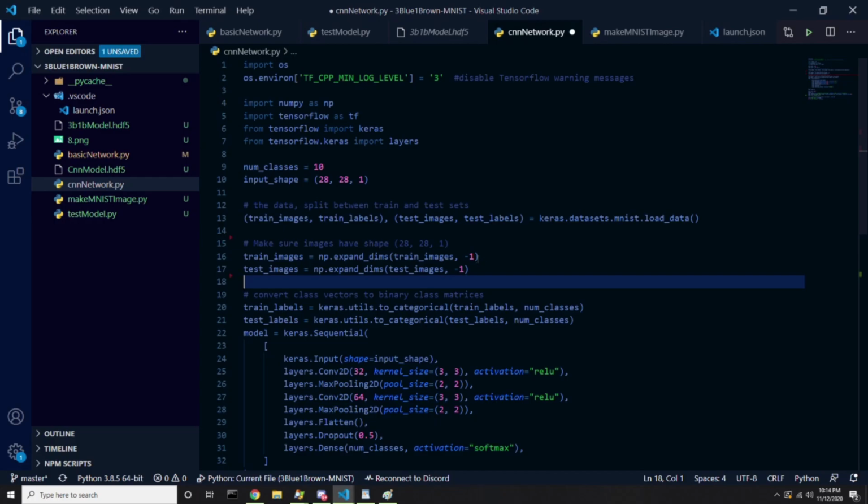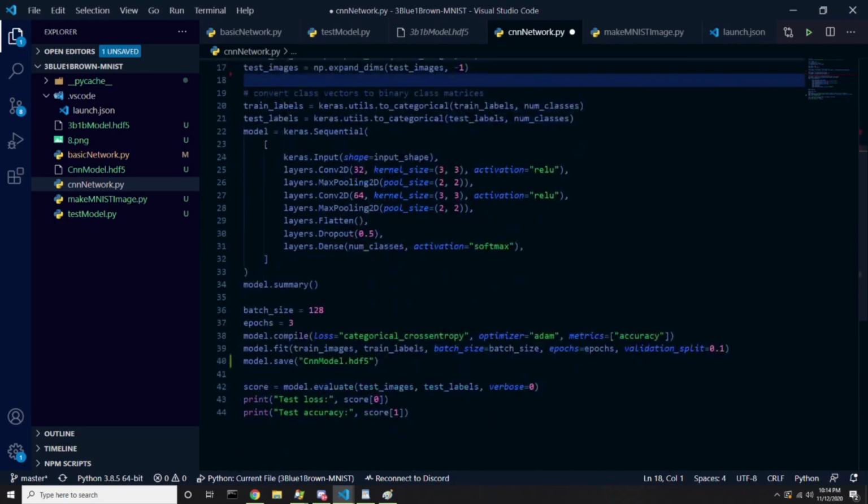So it's essentially the first 10 or 20 lines, and 22 lines are exactly the same. We're importing the MNIST database. We're expanding the dimensions. Do I even have to expand the dimensions? I'm just going to ignore that line. I don't think I did that in the other one, but I think I might have to in this one. Anyway, so essentially all we're doing here, if we actually look at the layers, this is a convolutional neural